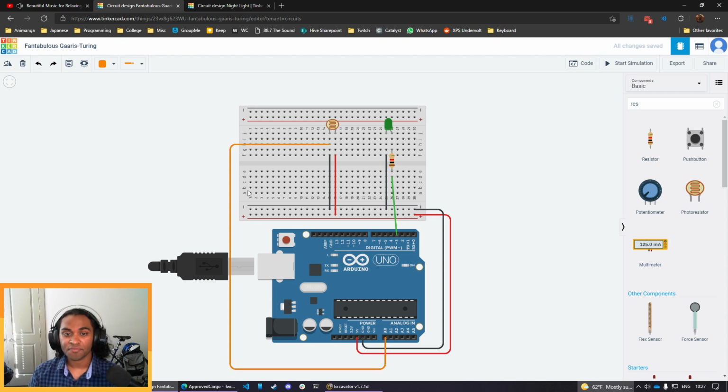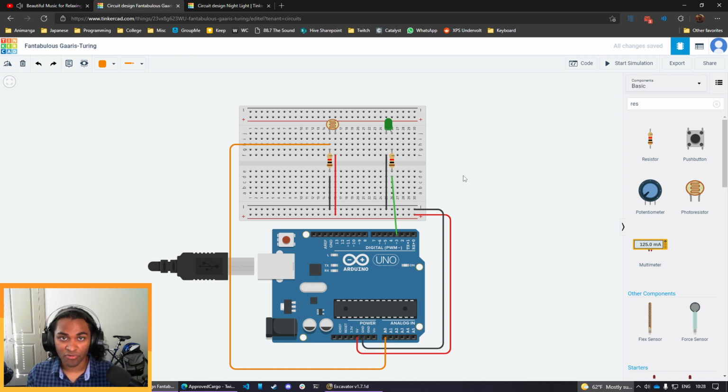The other thing is, right now we have our ground wire, our negative terminal wire, connected directly to our A0 pin. In this situation, no matter how high the pressure is through here and how much current is passing through the photoresistor, we've short-circuited our A0 pin directly to ground. So it's just always going to read 0. How we're going to alleviate this is we're going to put in another resistor, also here on this ground pin. And this is going to be called